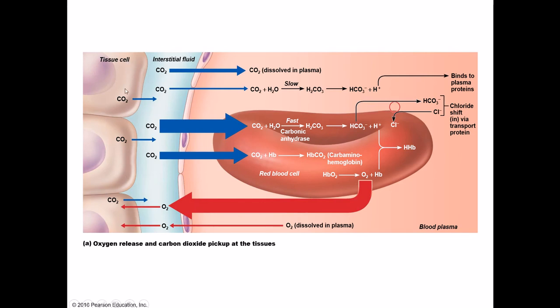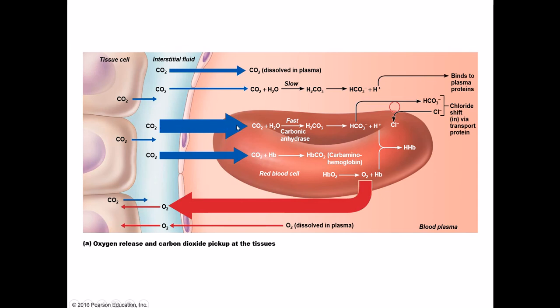So here's all the CO2 that an active tissue made, and some of it just directly dissolves in the plasma. Some of it combines with the water in the plasma, and then through the slow reaction becomes carbonic acid, and then disassociates to bicarbonate and proton ions, which then usually bind to some plasma proteins so we don't screw up our blood pH. Some, about 20%, binds onto the globin part of the hemoglobin. We get carbaminohemoglobin, but most of it, 70% of it, good chunk of it anyway,